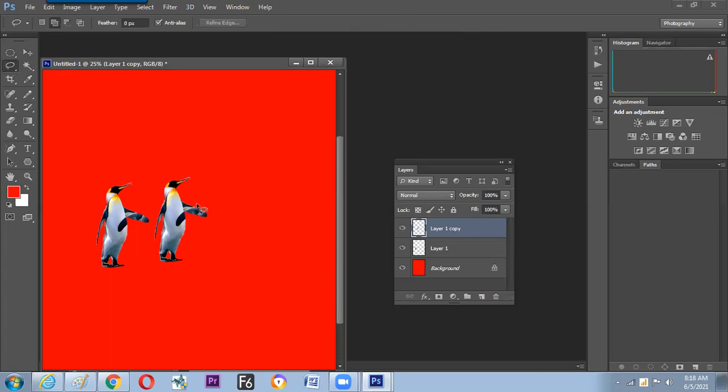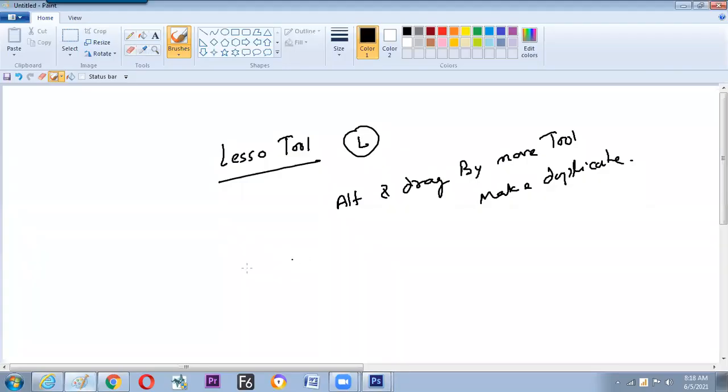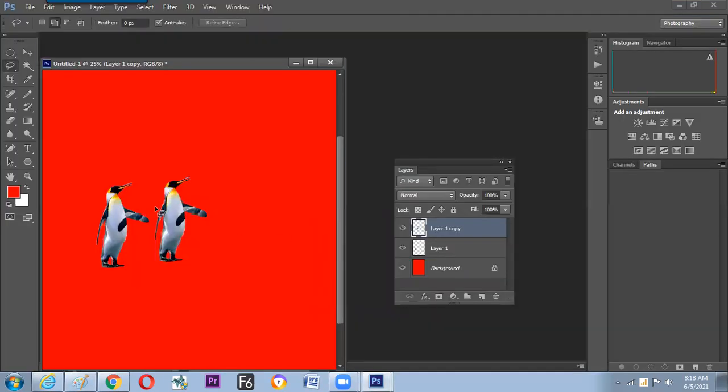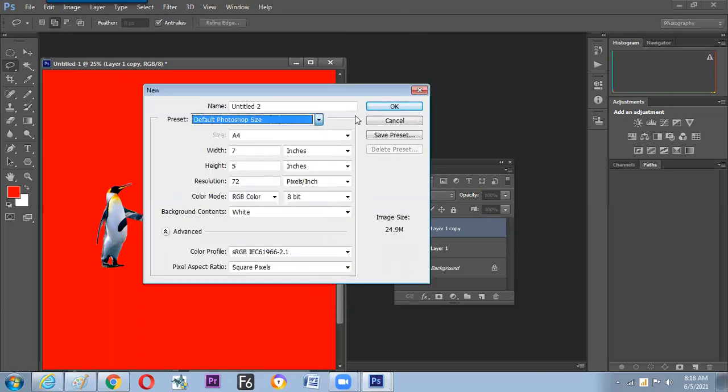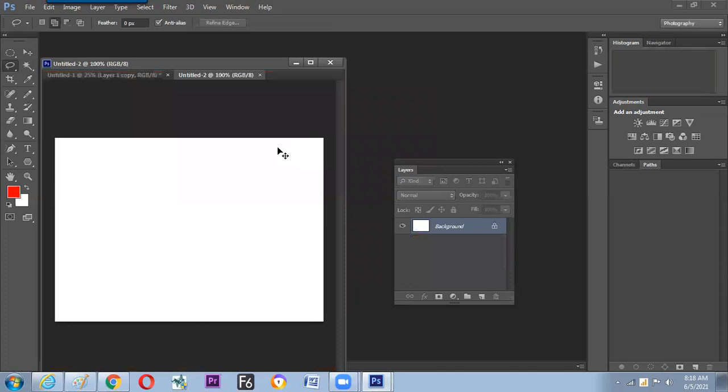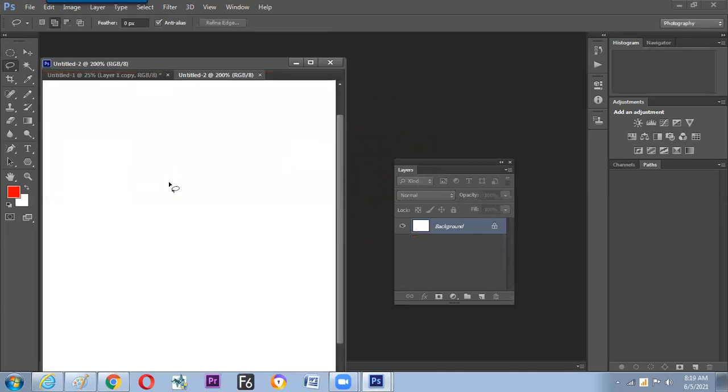So here we have seen how to make photo cutting. Now the other use of the same tool, lasso. Before, we have learned the rectangle marquee and all. Now we have learned lasso. Let us fuse them both together and see what kind of things we can do.